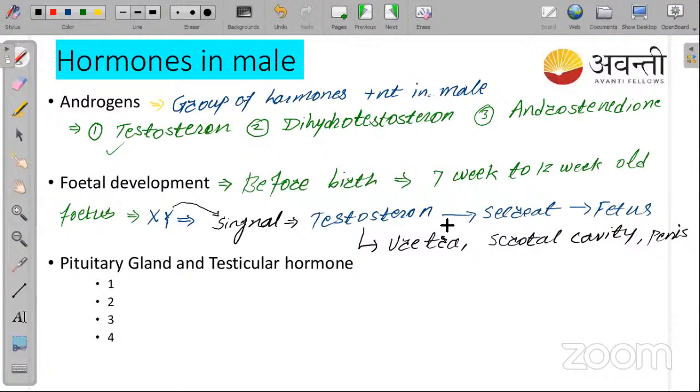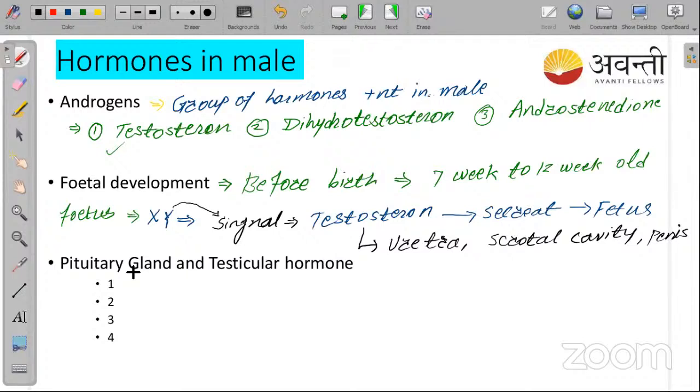Next thing is different hormones. So this is the fetal development. Then some overview or some idea, I think, comes to your mind for the development of reproductive organs in the male fetus. Okay. So here pituitary gland and testicular hormone. I think you already know about the pituitary gland and hypothalamus. Hypothalamus is a part of the brain, and it provides some signal to the pituitary gland, and the pituitary gland secretes different hormones which are responsible for the secretion of testosterone and other growth hormones. ठीक है. So ये simple सा फंडा है.